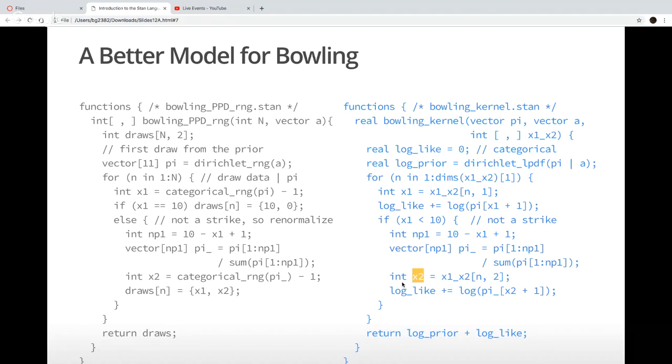And then at the end, log likelihood has been built up for all of the contributions over all of the frames, and I just return back at the end the scalar, which is the sum of the logarithm of the prior PDF and the log likelihood, all the contributions for all the frames I observe. So this returns back a scalar, and this thing in blue, or something equivalent to it, is what Stan needs to know in order to draw from the posterior distribution of pi given the bowling data, which is sort of the basic thing that we want.